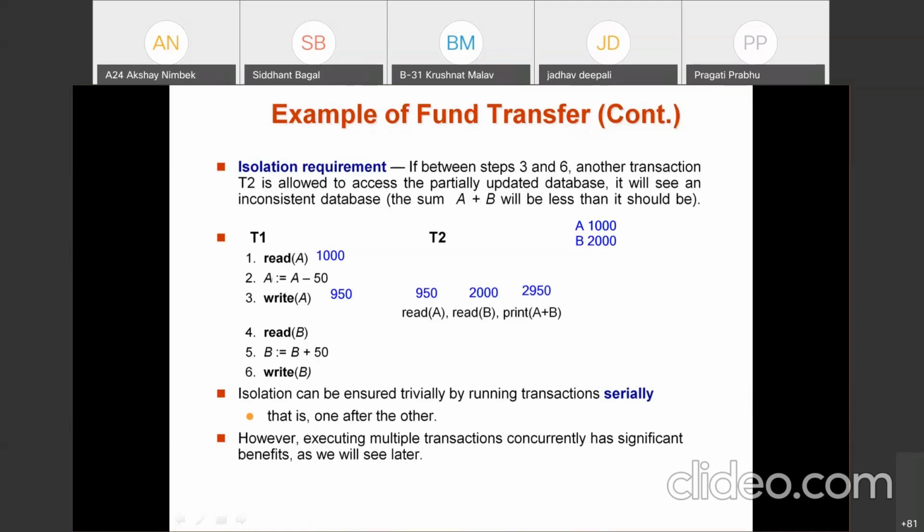Because the transactions are executed concurrently, but here the transaction T1 is updating the data item A, and at the same time transaction T2 reads that value, and that's why the transaction T2 reads an incorrect value of A, which results in data inconsistency. So the isolation property is important in the case of concurrency. While one transaction is updating a data item, another transaction is not allowed to use that data item, to read or update it.